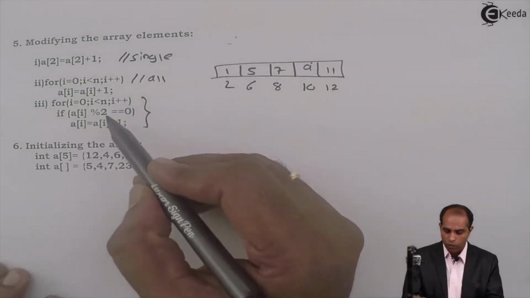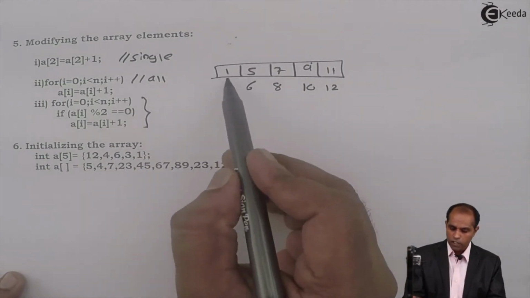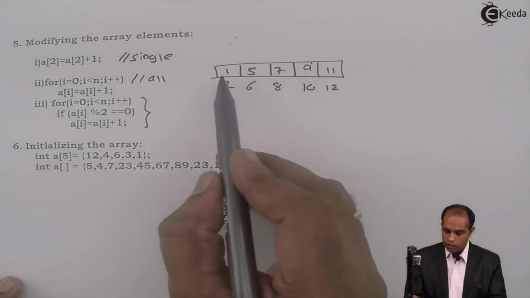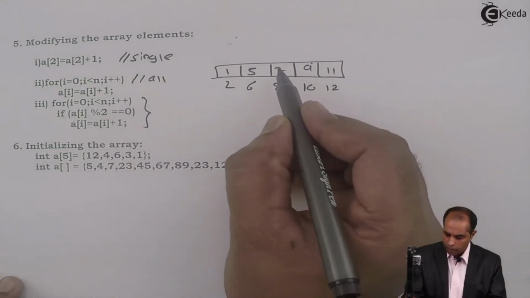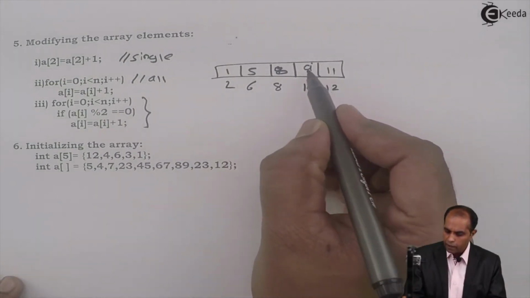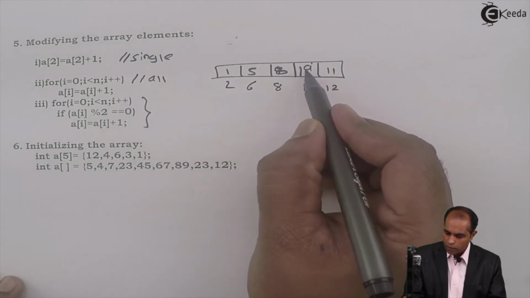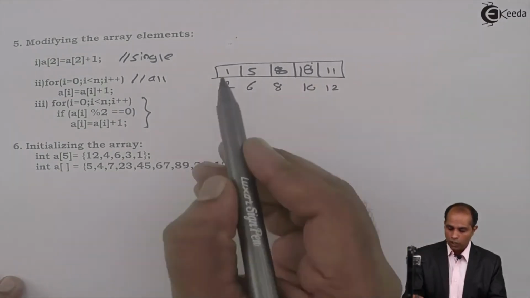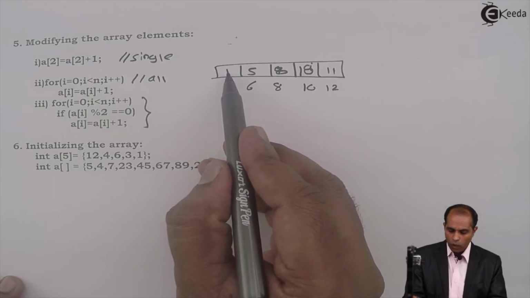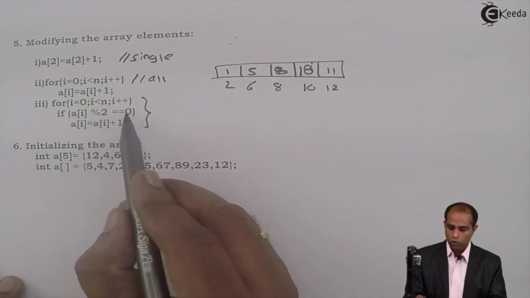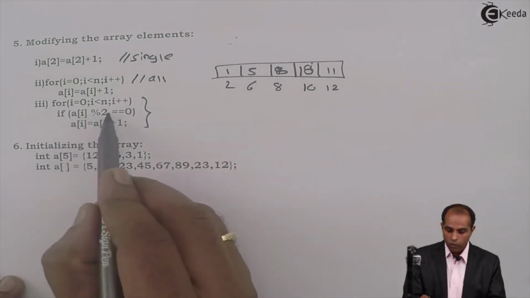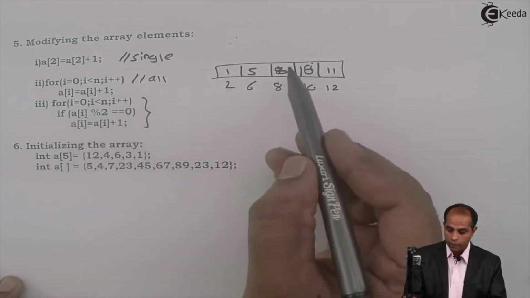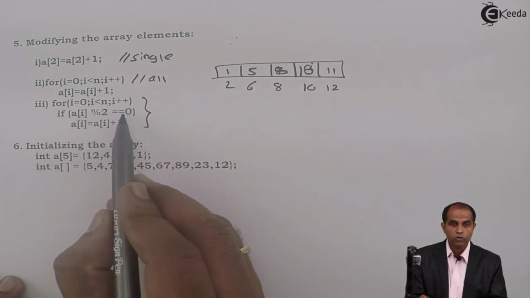Now let's check whether it will work on this array or not. In this case all are odd elements, so none of them will go into conversion. Let me take one element as even, 8, and let me make another one 18. Now a of 0 is 1, 1 mod 2 equal to 0? No, so let me keep it as it is. 5 mod 2 equal to 0? No, keep as it is. 8 mod 2 equal to 0, true.